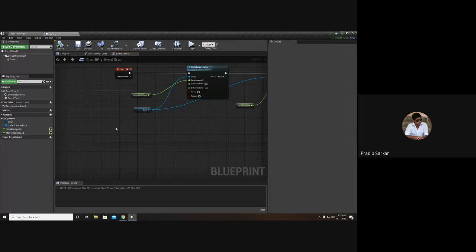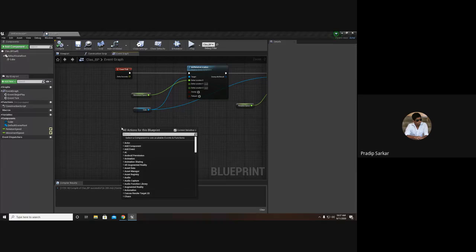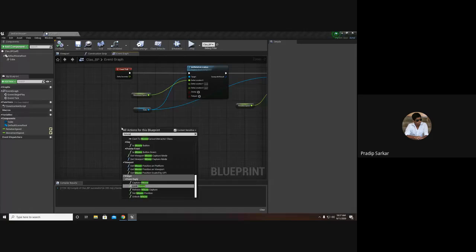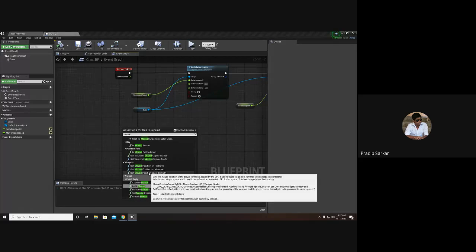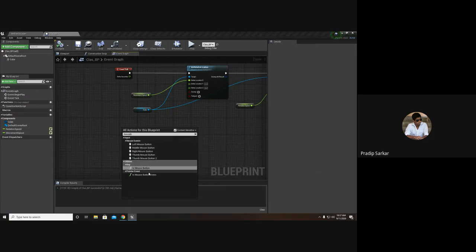So for that we have all kinds of events. That is, if I search for mouse, now in the inputs we have mouse events, that is left mouse button, middle mouse button, right mouse button.